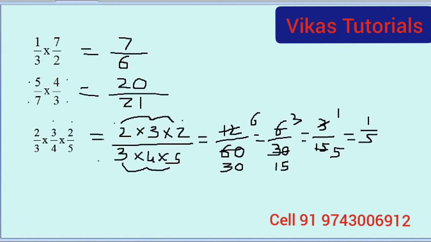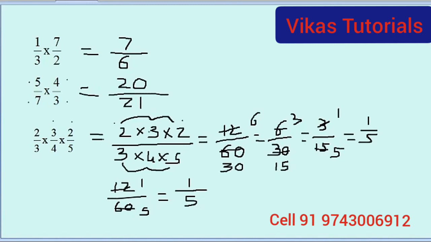Now in the same number, when the answer was 12 by 60, if you know the table of 12, you can easily divide it like this. If you know the table of 12, then you know 12 1s are 12, 12 5s are 60. That is why I always tell you that you should know tables perfectly up to 9, and if you know up to 20, it is very good for your calculations. Answer will be 1 by 5. Okay, 12 1s are 12, 12 5s are 60, 1 by 5.